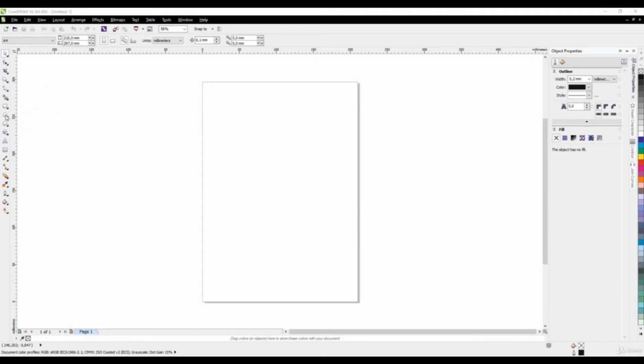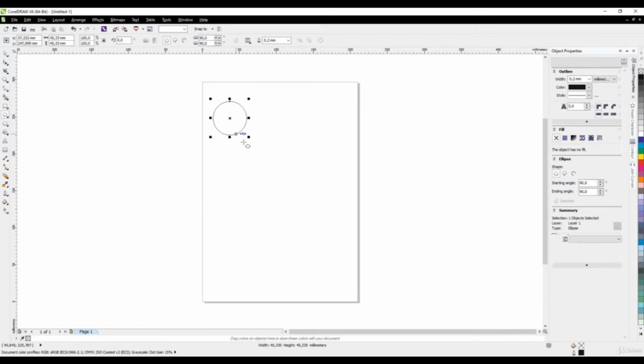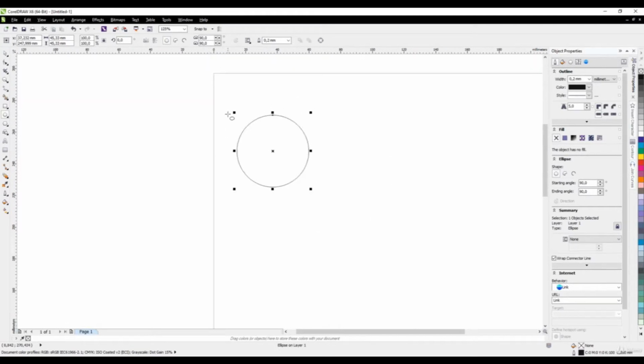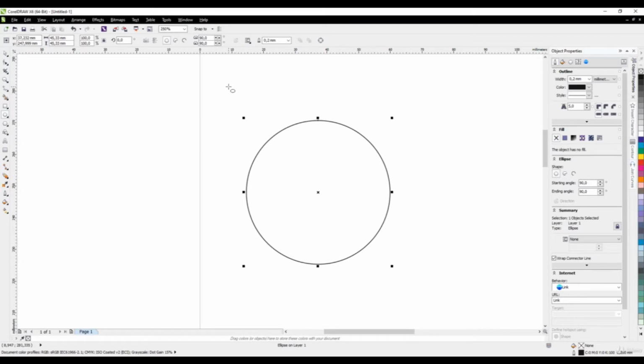First of all, I'm taking this ellipse tool here and drawing a circle while holding down the Control key and releasing it. It's very easy to make, so watch carefully. And I'm drawing another circle, but a smaller circle. And okay, I'm taking the pick tool, taking this here,